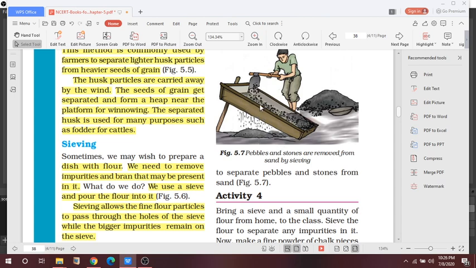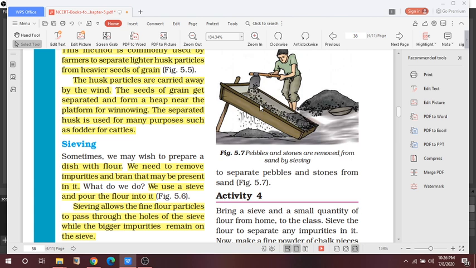Sieving wheat flour is not advisable, as the bigger particles of wheat, the wheat bran, which is removed during sieving, are very rich in nutrients, and it is better to remove visible impurities by hand picking. That means if you want to separate the wheat bran from flour, you can easily use the hand picking method rather than the sieving method, because sieving carries away the nutrient particles.